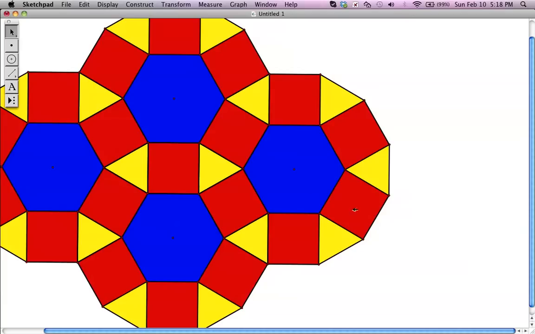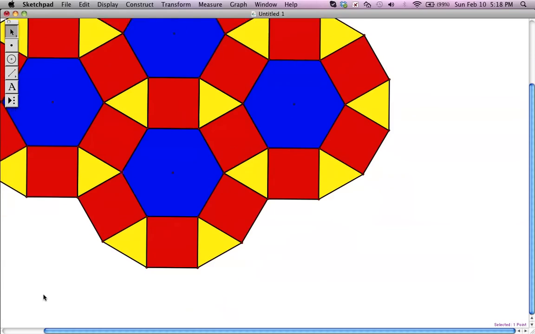Okay, so you keep doing that again and again. You can hide the points later if you want to, just by clicking on the points and doing Command H, but you need some of them at the beginning. But we can keep making this tessellation as